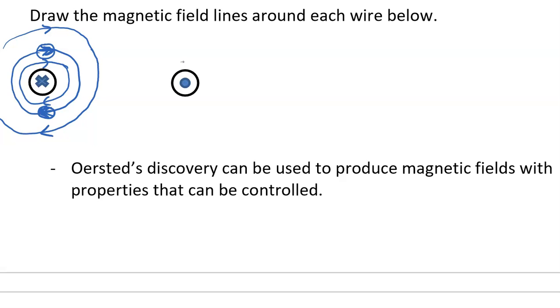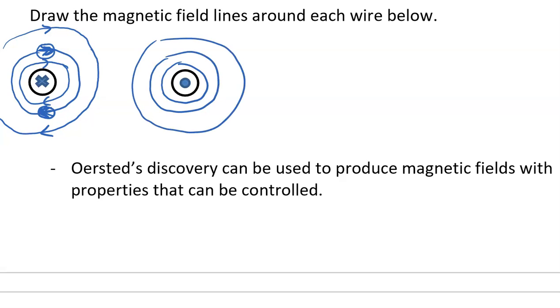In the second case, again, we have these concentric circles around the wire, and they're going to space out more and more the further out I get, because it's getting weaker and weaker. But now we take our right hand and our thumb is pointing out of the page. Our thumb is pointing towards us. And we curve our fingers, and our fingers point in the direction of that magnetic field. And so the magnetic field now, in this case, is actually opposite. It's counterclockwise, whereas in the first case, it was in a clockwise direction.